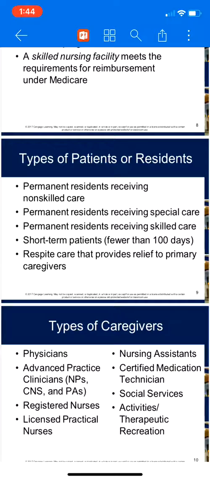So let's drop down into the section labeled Permanent Residents Receiving Non-Skilled Care. These residents are distinguished by their need for general oversight and supervision in performing their ADLs, which is your activities of daily living, those things like bathing, eating, dressing. However, their needs generally can be met without the direct care or services of a licensed professional on a 24-hour basis. Although a licensed practical nurse or registered nurse supervises their general care under the direction of an attending physician,